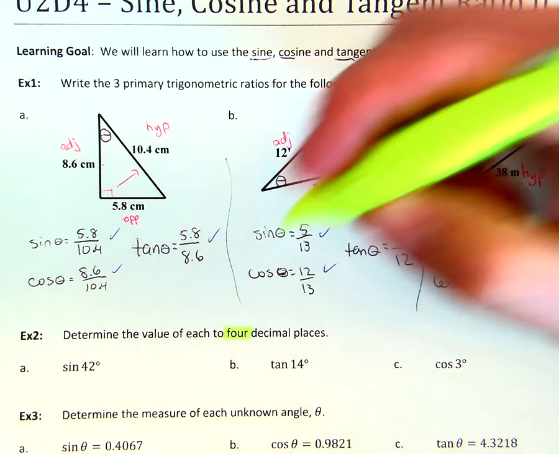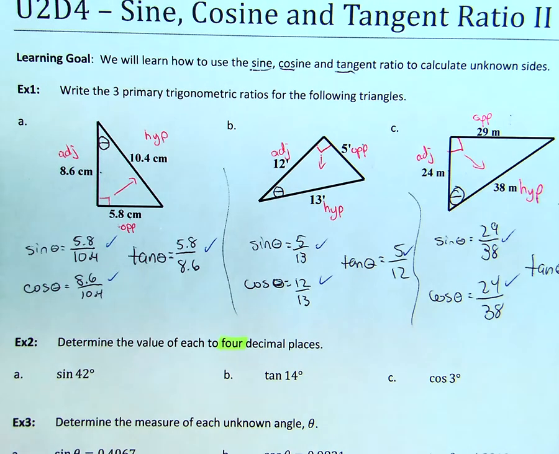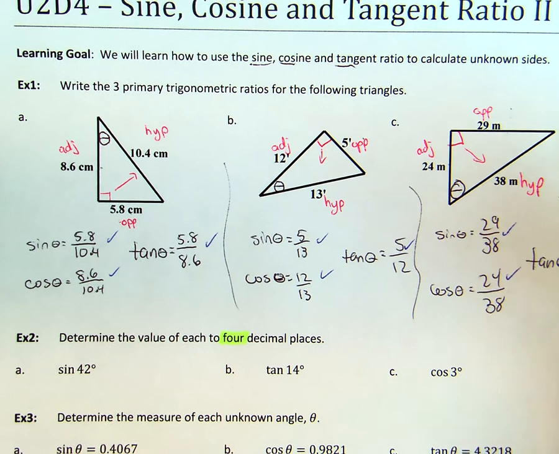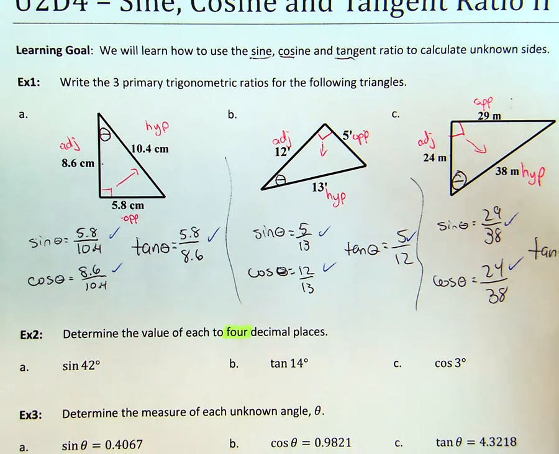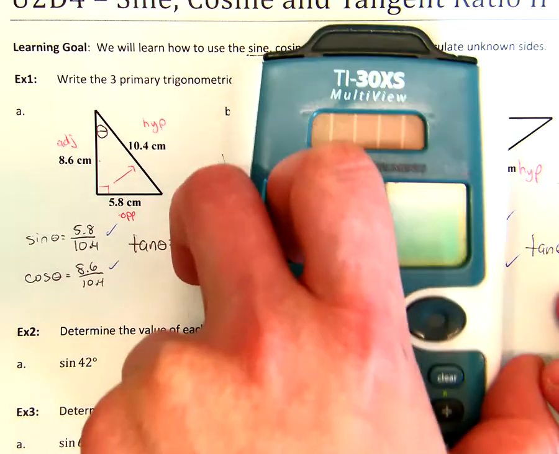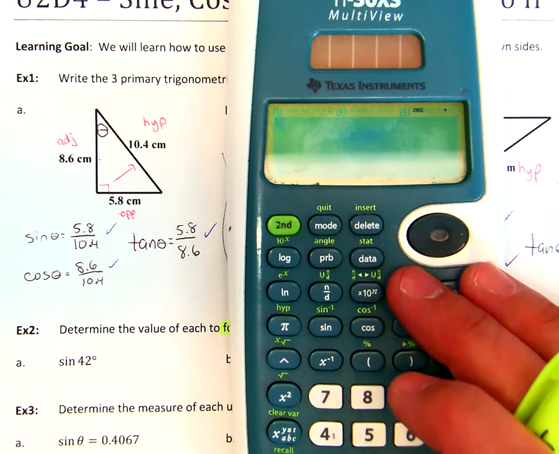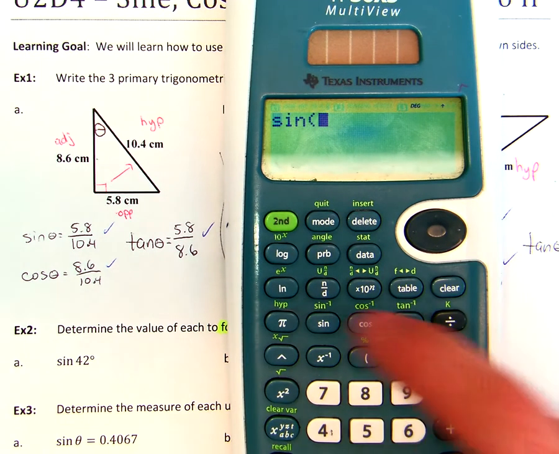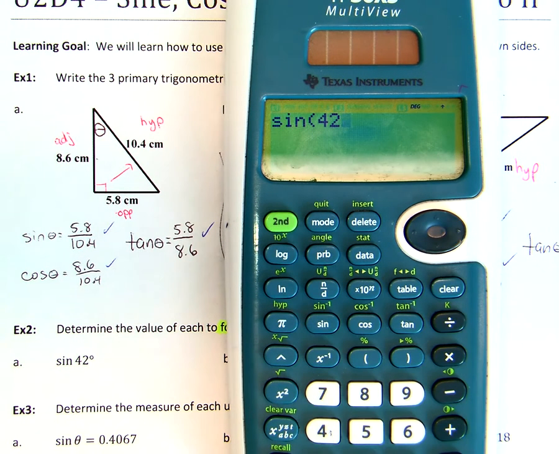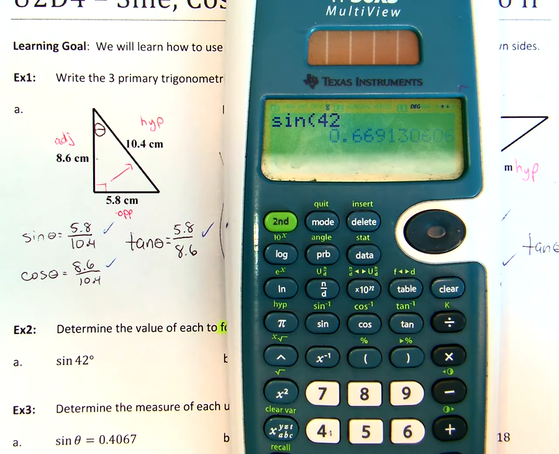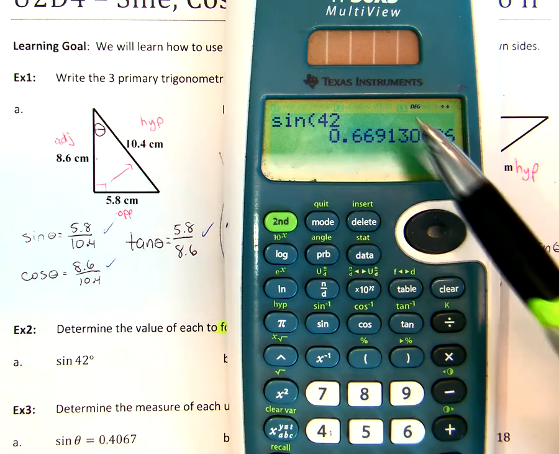So we're going to round off after 4 decimal places. So all you're doing is using your calculator here. So to work out the sine of 42 on your calculator, I'll get my calculator here. So on mine, I press sine, and then 42. You might have to hit 42 first, depending on your calculator. So if I punch that in, sine 42, I get